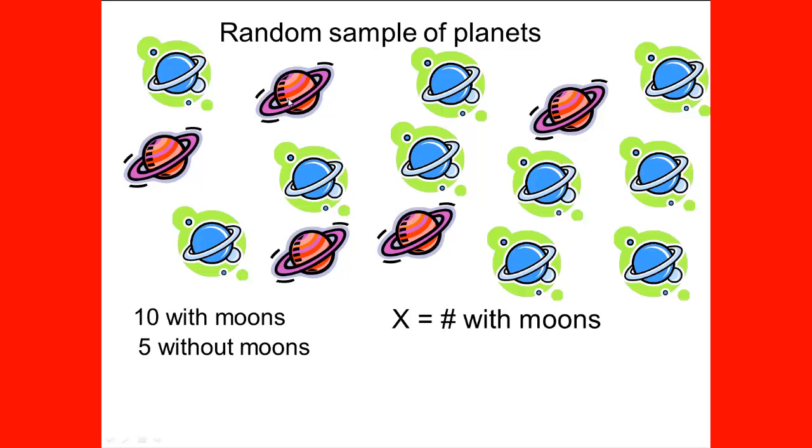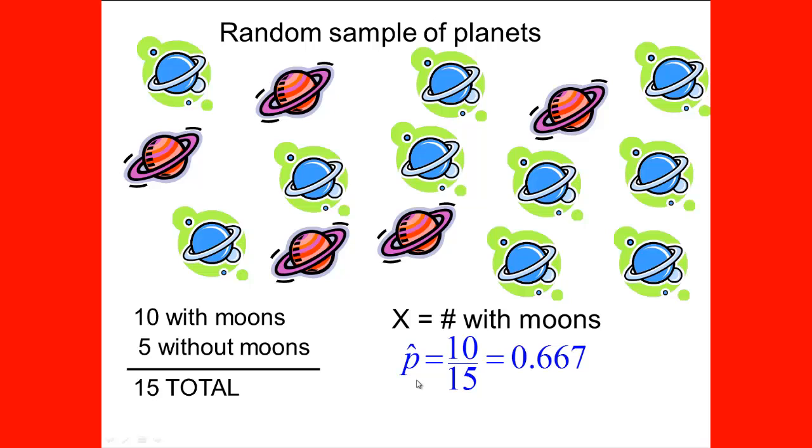That leaves us 1, 2, 3, 4, 5 without moons, for a total of 15 planets in our sample. So our P hat, because it is a sample, is that there are, what is the proportion with moons? 10 out of the 15, or